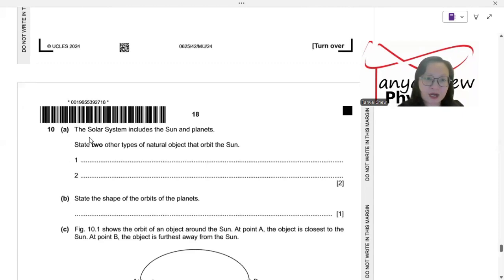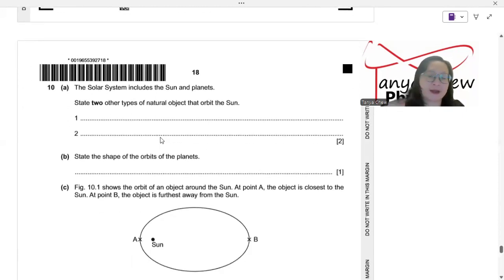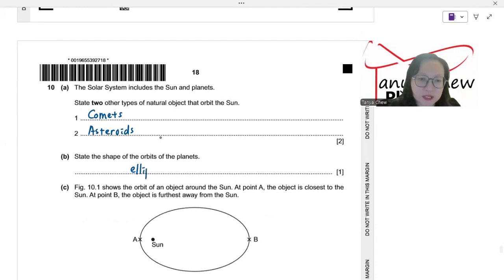Now, number 10, the solar system includes the sun and planets, which is true. State two other types of natural objects that orbit the sun. So the natural objects are, okay, comets as well as asteroids. The asteroid belt, remember, between Mars and Jupiter, they are natural objects. Now, B, state the shape of the orbits of the planets. So the orbit of the planets are elliptical. It is not circular. But when we perform our calculation, we assume that the orbits are circular